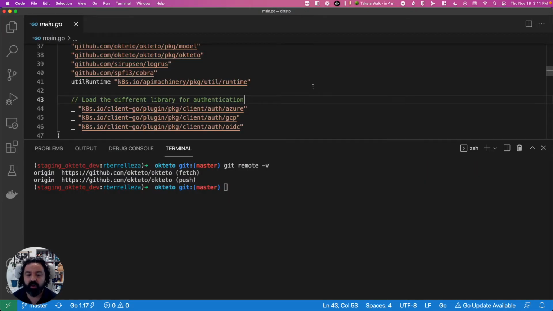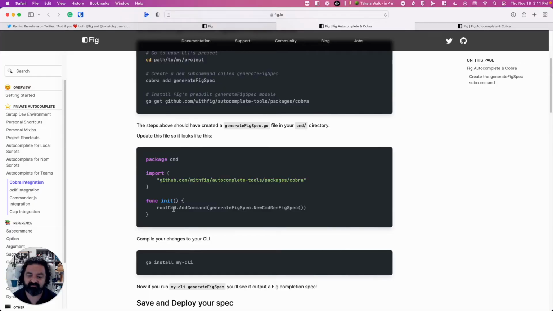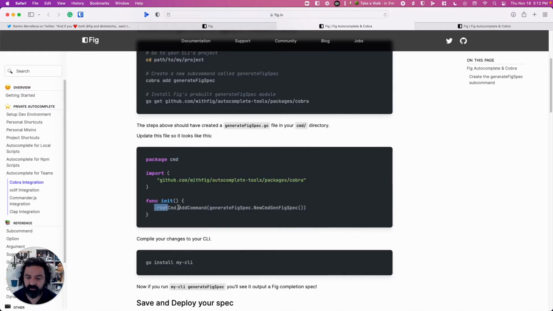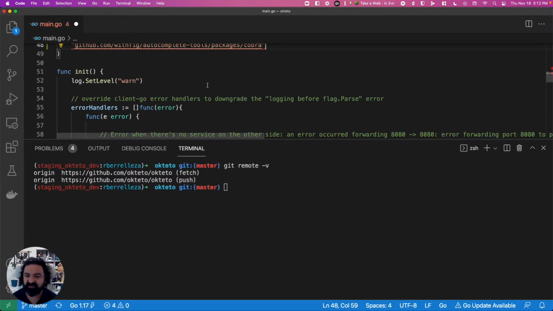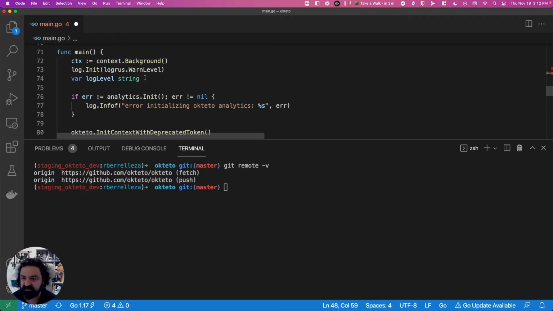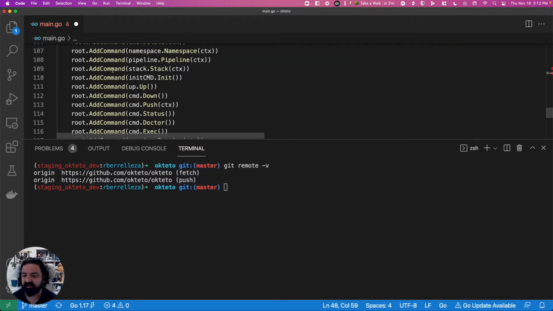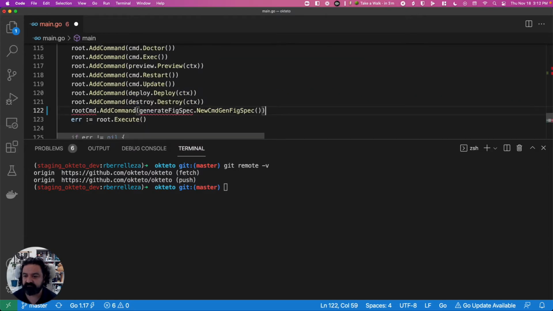So, but I'm gonna do it manually. I mean, I'm gonna do the same thing they're doing here of adding the command to our root command. It's just that we don't follow this init shape. So I'm gonna copy the Cobra thing, I put it here, and then we're gonna copy this command. And what we do is that we have this root init, this root main, sorry for all these things. So that doesn't work with Cobra's thing, but it's the same. We just copy this here,